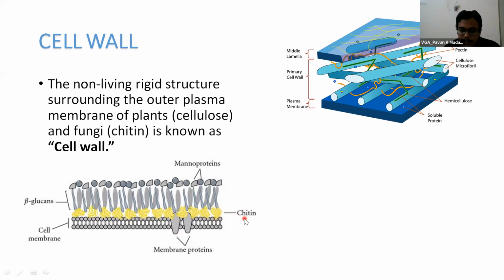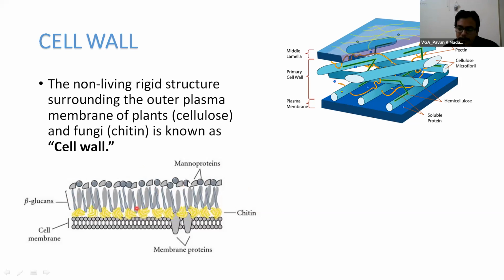They may ask a question on this part, like what type of deposits you see in the cell wall of fungi: option A cellulose, option B glycogen, option C peptidoglycan, option D chitin. In that way they may ask the question. The same way for plants also: in plants we see deposits of cellulose. Apart from this, the fungal cell wall contains